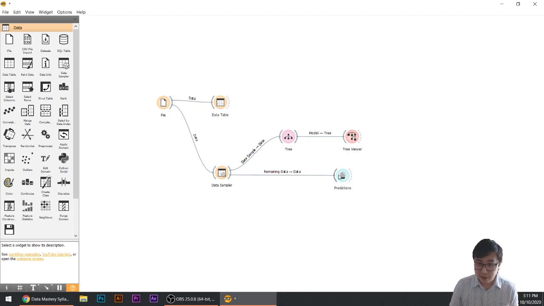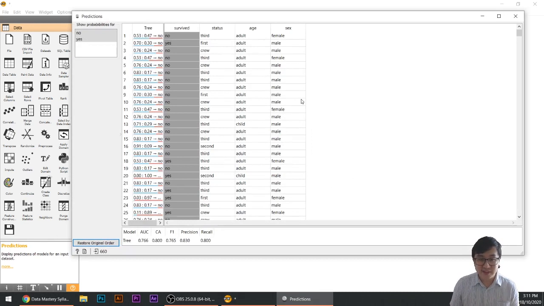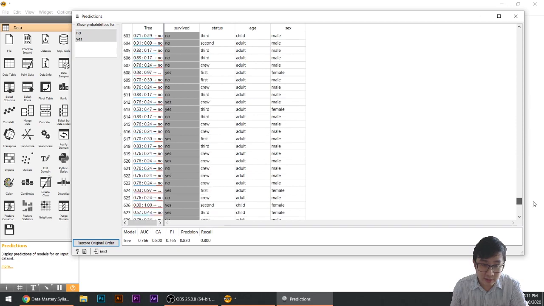And then now we need to use this decision tree model that we trained to make predictions. So click on the tree and drag to predictions. We're all hooked up, and we can double click on predictions. So now we see something really interesting again. On the right side is the data that we started with. Notice there are only